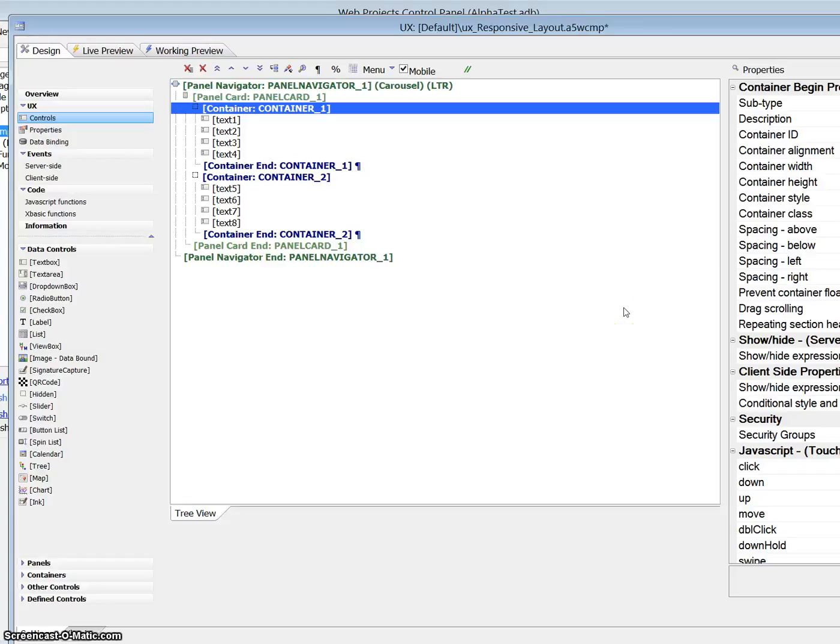In this video, we're going to have a look at responsive layout in a UX component. In this UX, we have a panel navigator, a panel card, two containers, and they're just normal containers. Inside each container, we have a number of controls. You'll notice that each control does not have the toggle brake turned on. That's so that the responsive layout can set the width of each container, and the flow of the controls